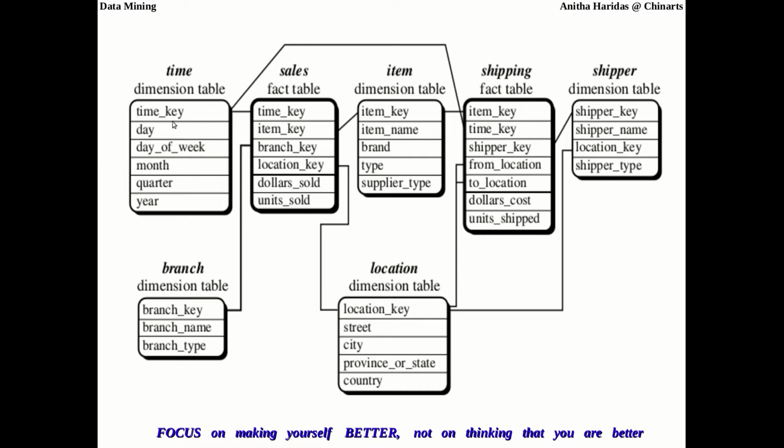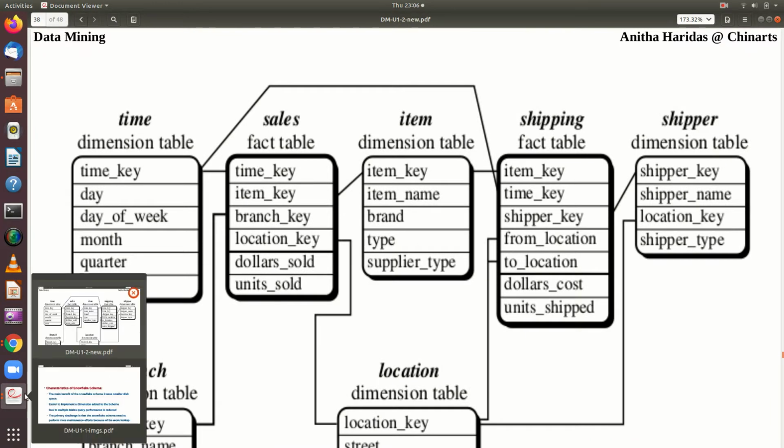So the time table and the item table are shared by two fact tables. What are they? The sales fact table as well as the shipping fact table. So if you include this shipping information in the sales table itself, then it is going to be a star schema. But here this star is now split into more than one fact table, so that I get the constellation schema. Let us see another example also.